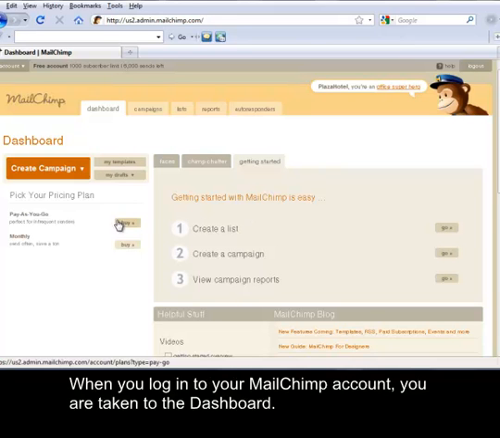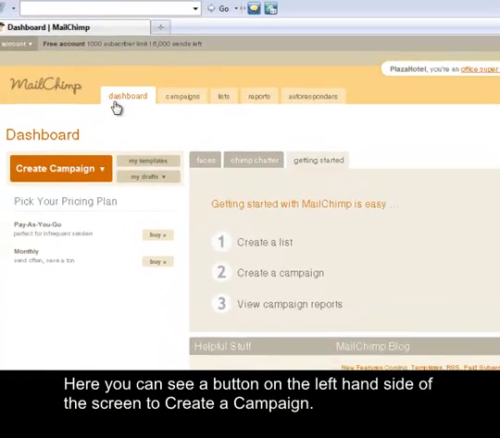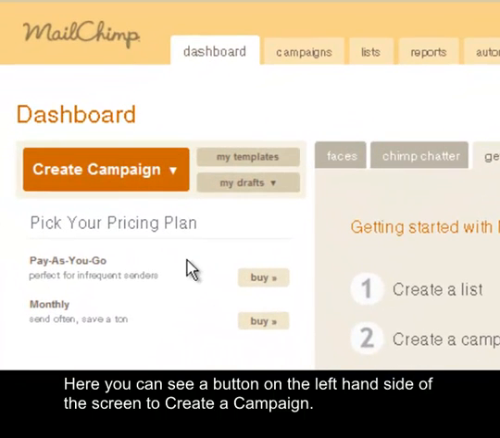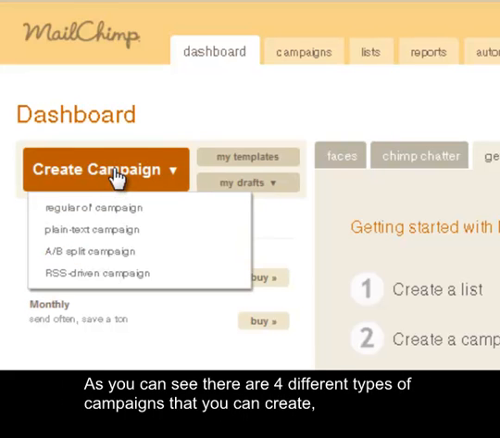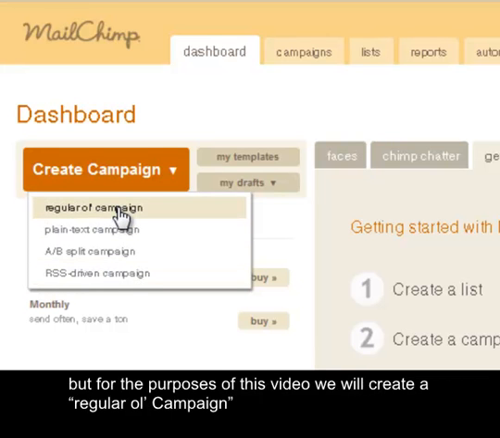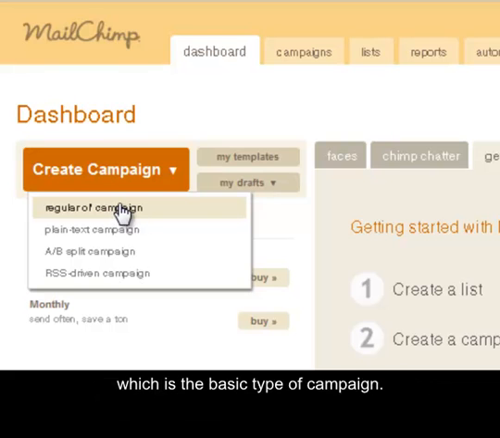When you log into your MailChimp account, you're taken to the dashboard, and here you can see a button on the left-hand side of the screen to create a campaign. As you can see, there are 4 different types of campaigns that you can create. But for the purposes of this video, we will create a regular old campaign, which is the basic type of